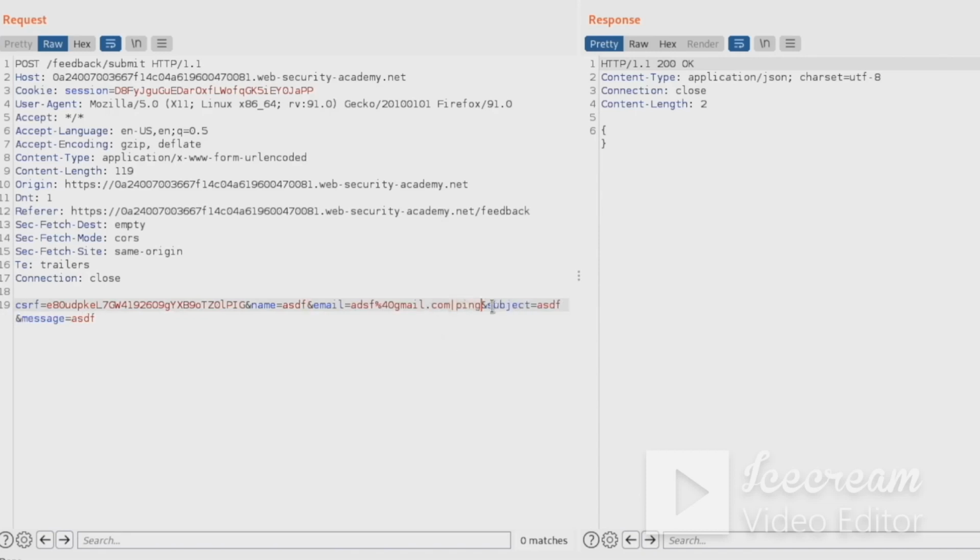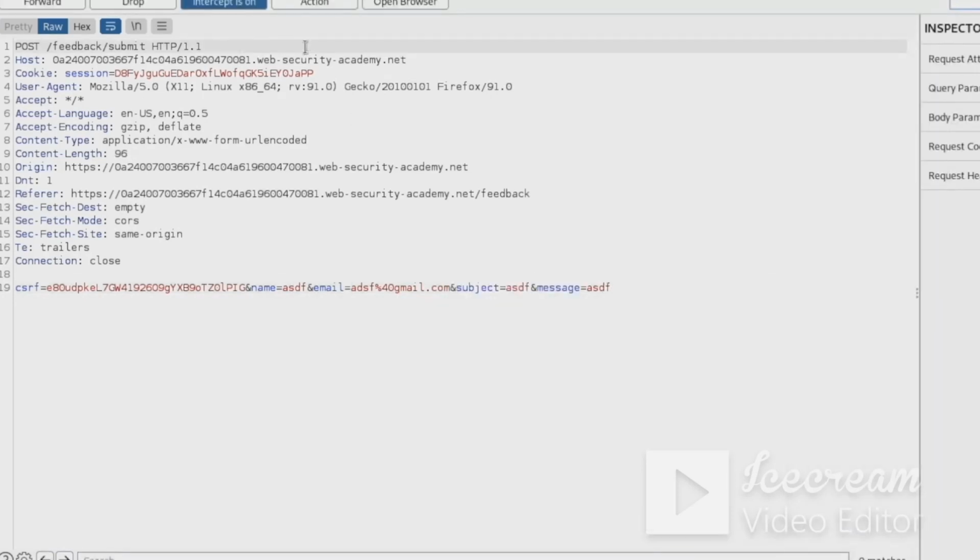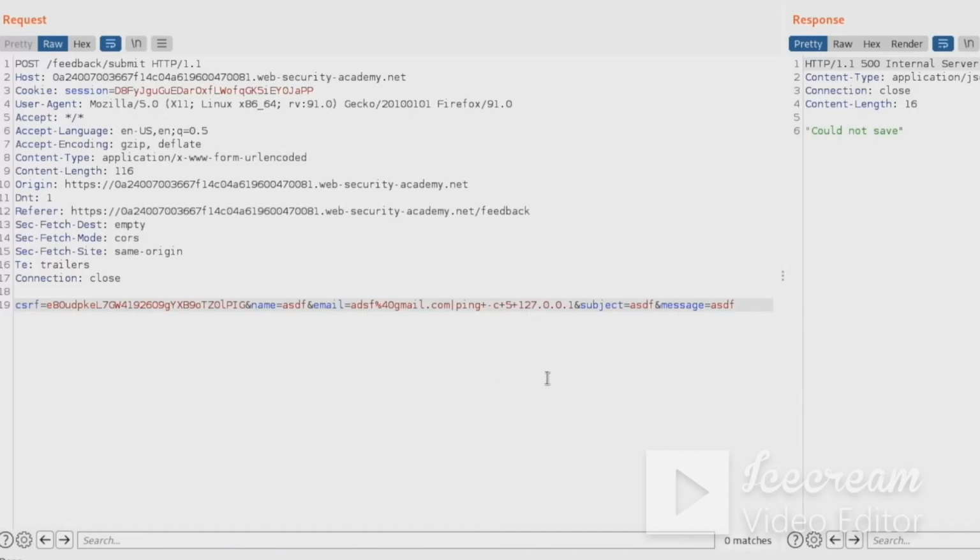We'll say pipe, ping. And I fast forwarded typing this in so you didn't have to watch it again. So we got our pipe and our ping command. We can send this. We'll turn this proxy off. It's bothering me that it's flashing. We can see that the time did not work, so we can throw a pipe on the end, send it, not long enough. Let's try 2 pipes,